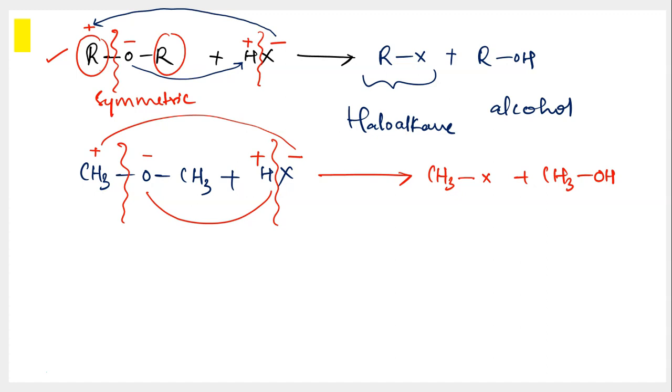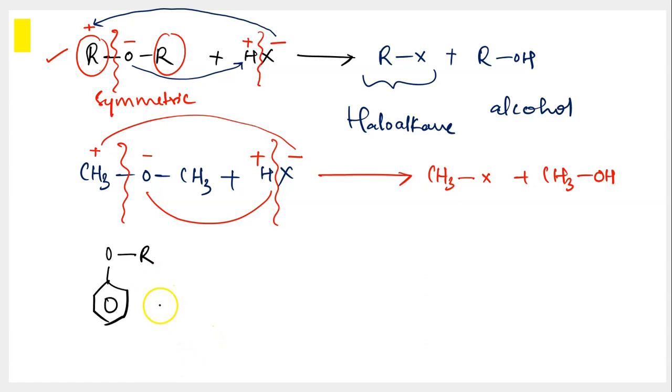Now we spoke about the ethers in which you have alkyl groups connected to oxygen. Now let us talk about ether in which you have at least one aryl group connected, like this. You have a benzene which is connected to oxygen, and this oxygen is connected to another alkyl group. So this is also an ether, but you call it an aryl ether because you have an aryl group attached to oxygen.